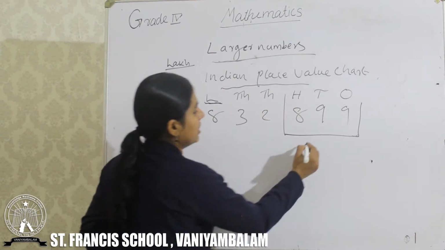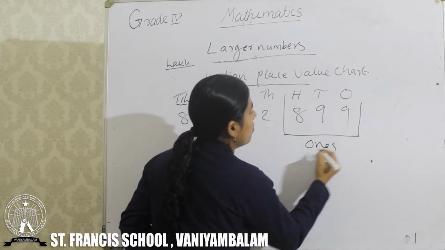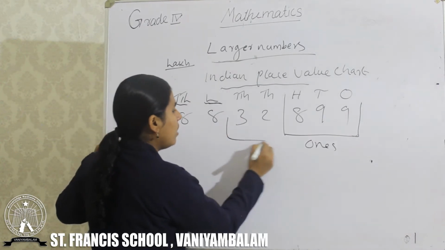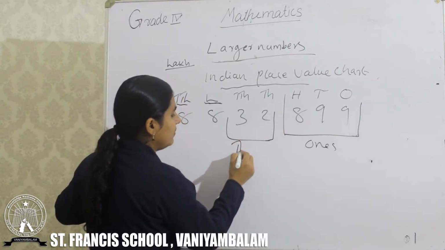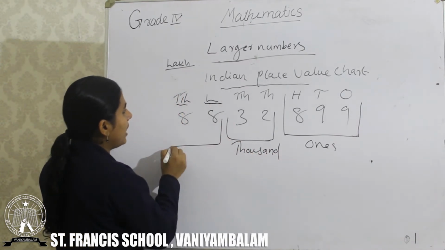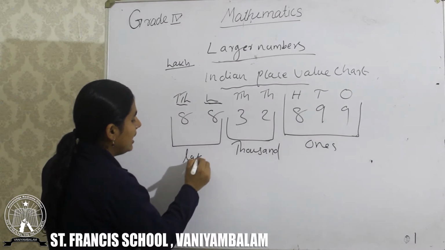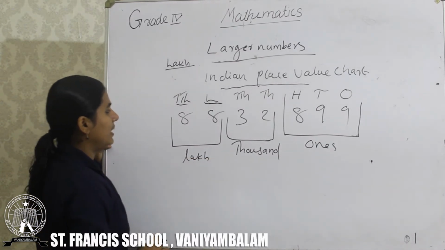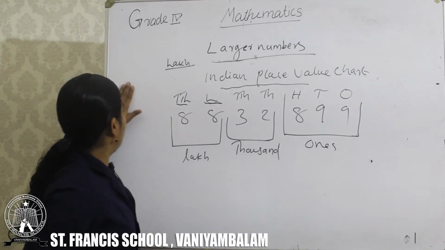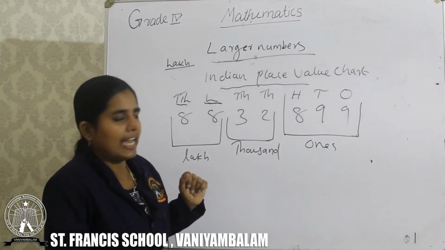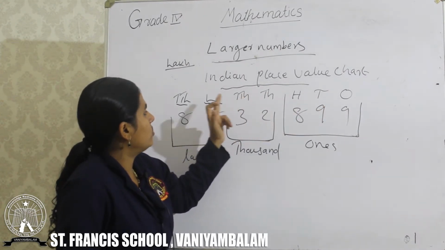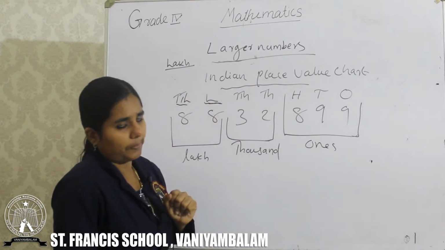This is the ones period. Then next we have the 1000 family, the 1000 period. The last, third part, we have lakh. Lakh period. Then one more place is here, crore. But this year we can study up to 10 lakh. That's enough. Ones, tens, 100, 1000 and 10,000 together, lakh and 10 lakh together.